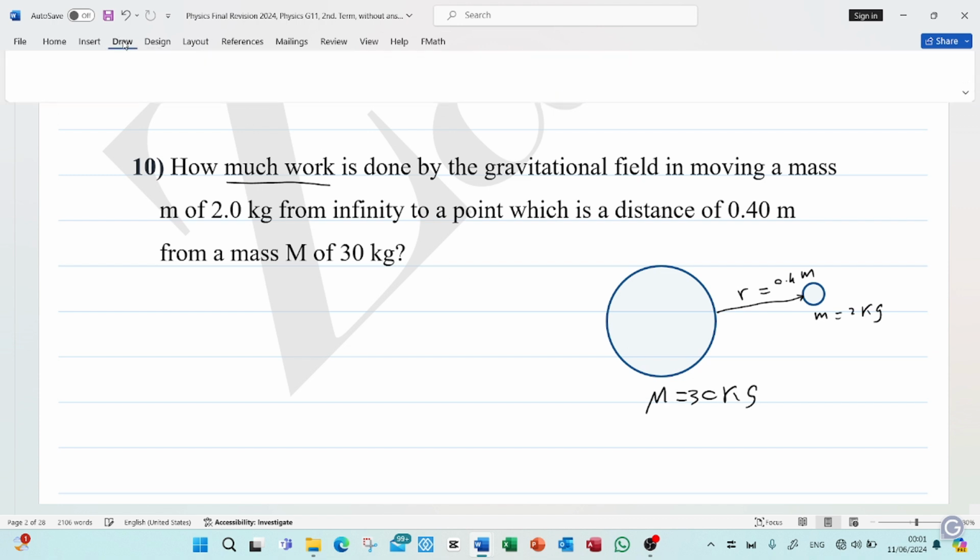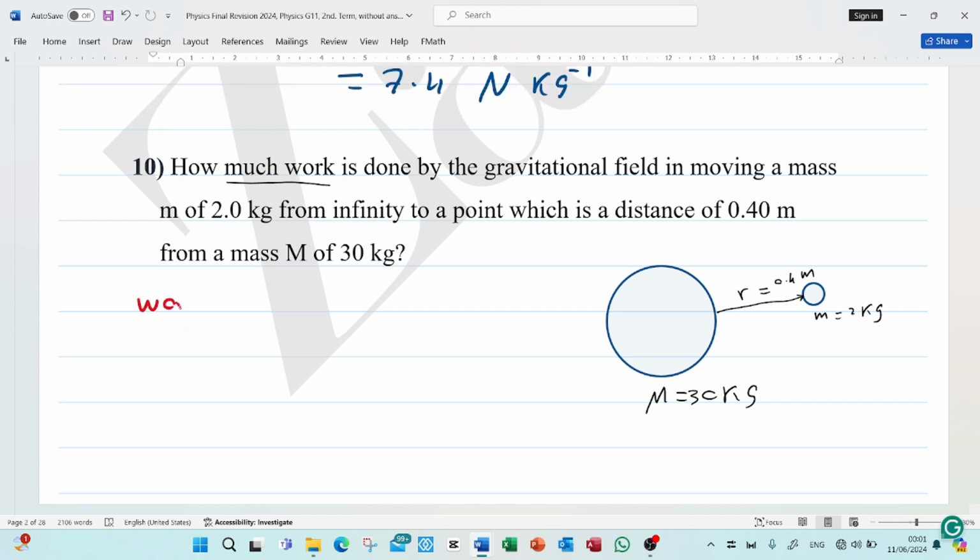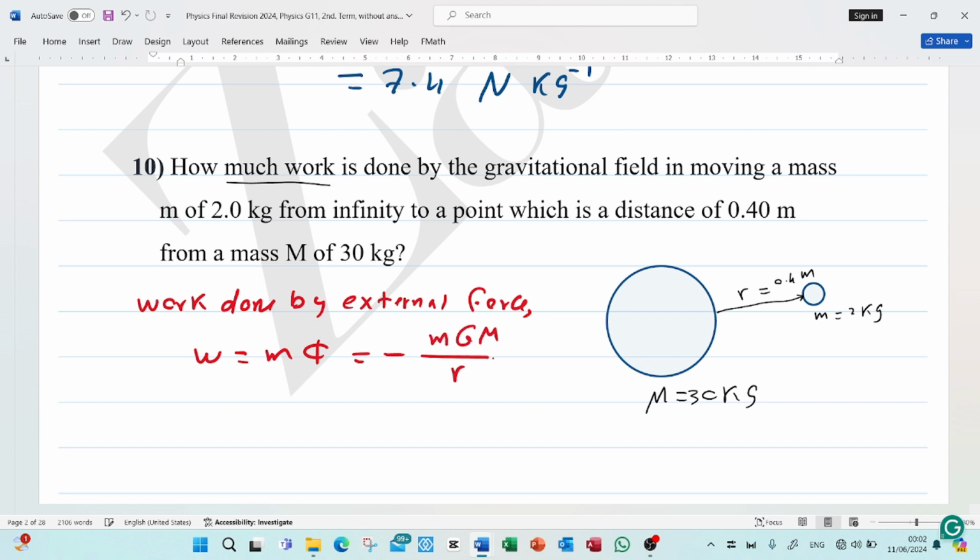Now, the work done by the force, by external force, denoted by W, equals m multiply phi, which is negative